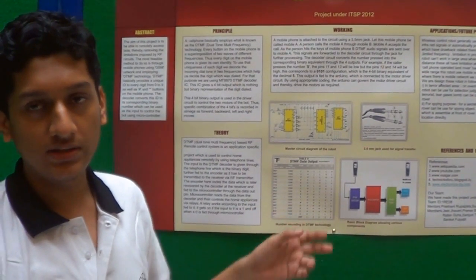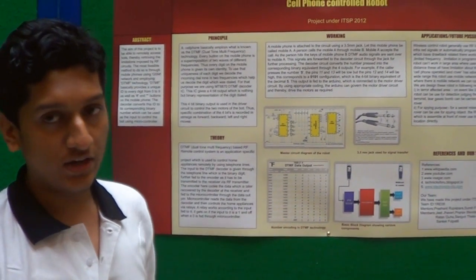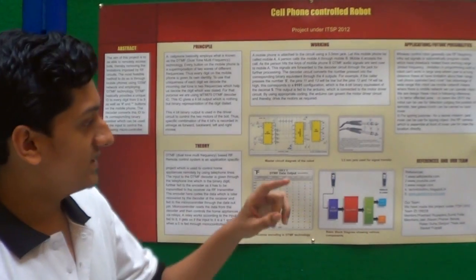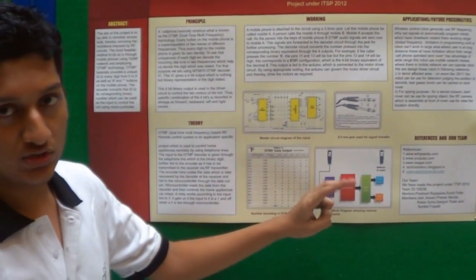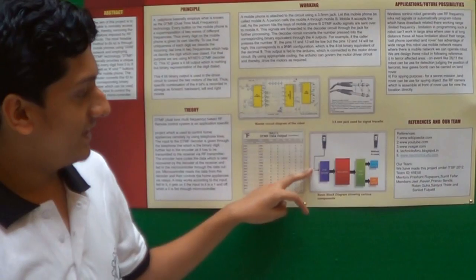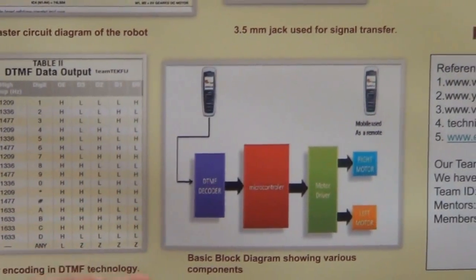In the chain control board project, a cell phone can control that moving board. The technology used basically is DTMF. This technology uses audio signals passed from one mobile to another, and then a DTMF decoder circuit decodes those audio signals into a 4-bit digital output.